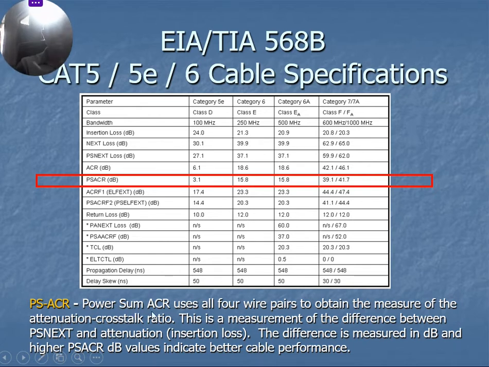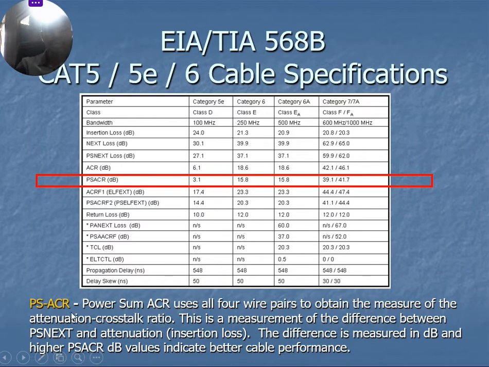So the PS sum does the work for all the 4 wire pairs, right? You find all the attenuation to crosstalk ratios in all the 4 wires. Now this is a measurement of the difference between the PS NEXT and attenuation. PS NEXT minus attenuation. Attenuation, remember, is the insertion loss. So when you are taking the PS NEXT, the one we've done before, minus the attenuation, you will be getting this PS sum, PS